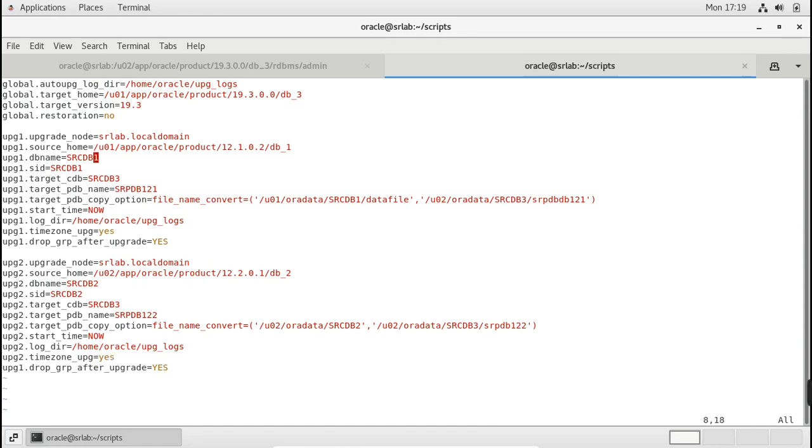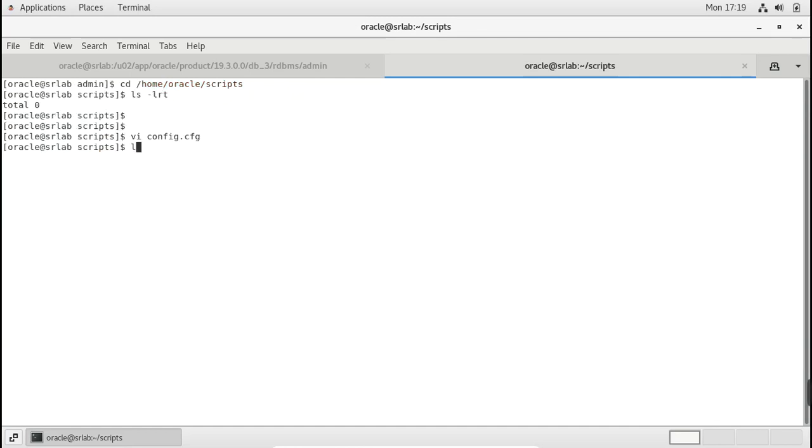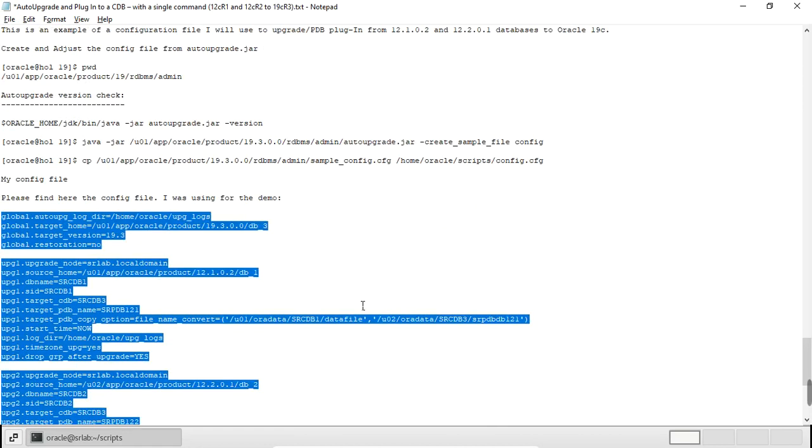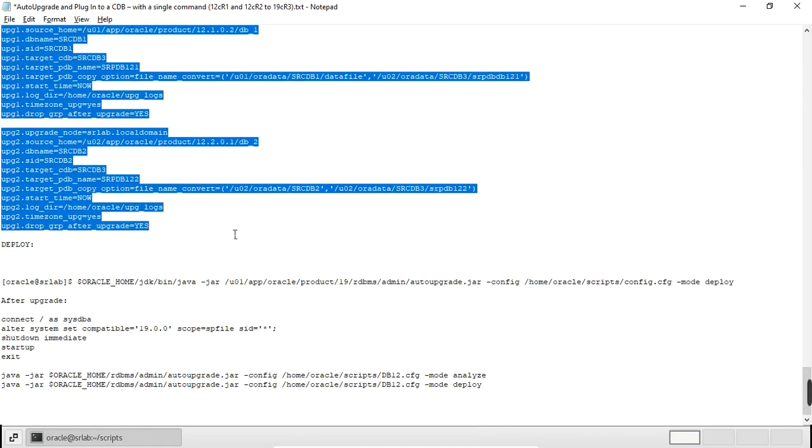Okay, so this is the config file we have created, and then we can go ahead with the deployment.